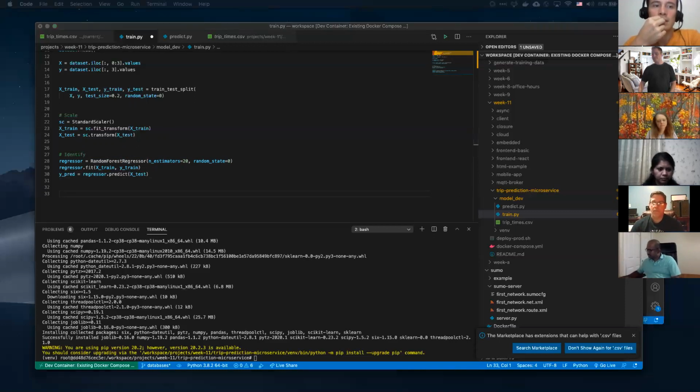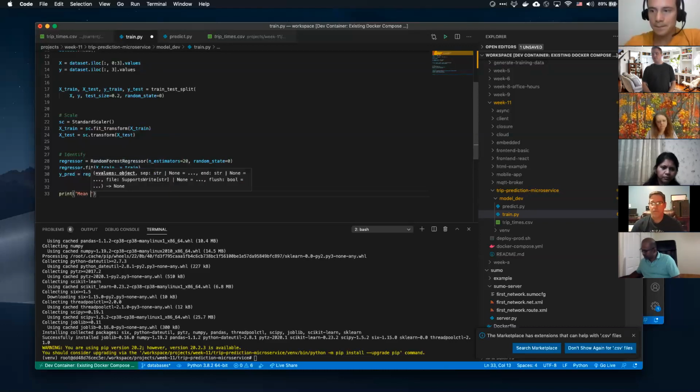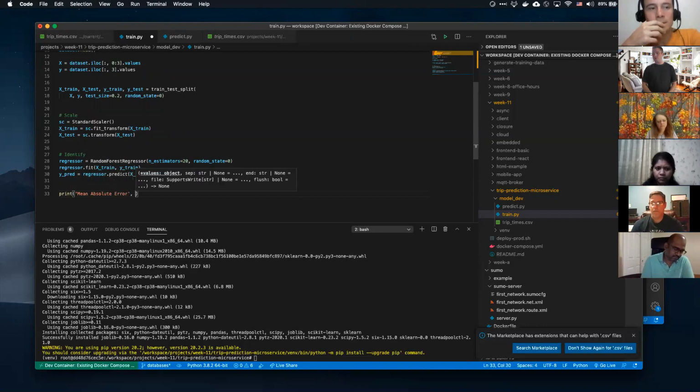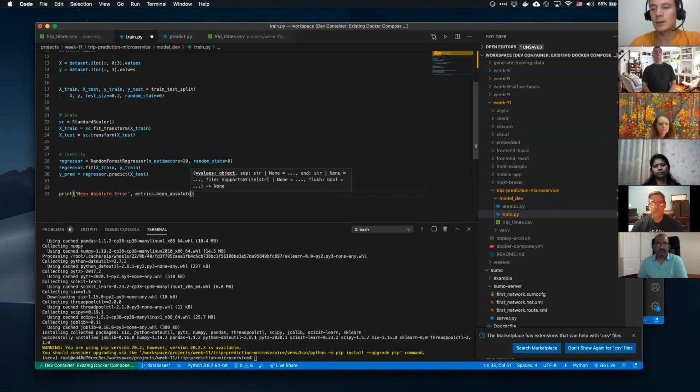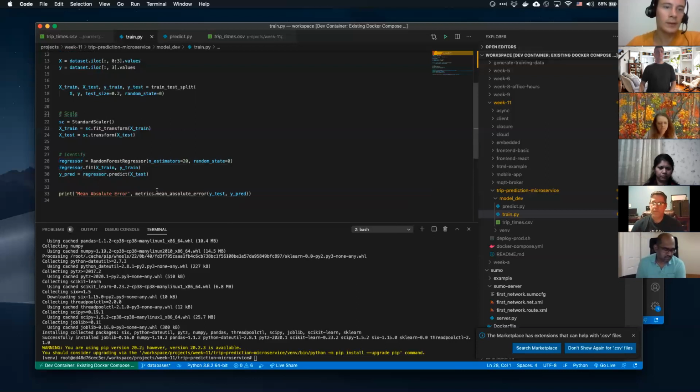So let's do some stuff here. Let's look at printing one of the... Let's do an absolute error. So mean absolute error, and we're going to use this regressor dot predict. Oops, I'm sorry, not yet. Let's just use this metrics here. Dot mean absolute error, which will compute it for you. We're going to do Y test against Y prediction, right? Because we want to compare our test against our prediction. And let's see how that works.